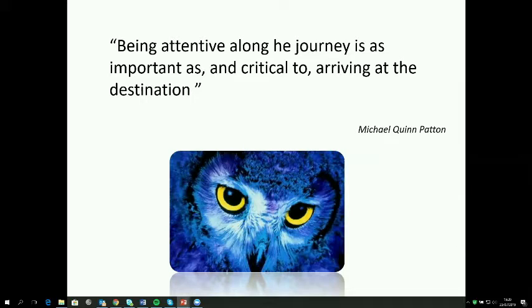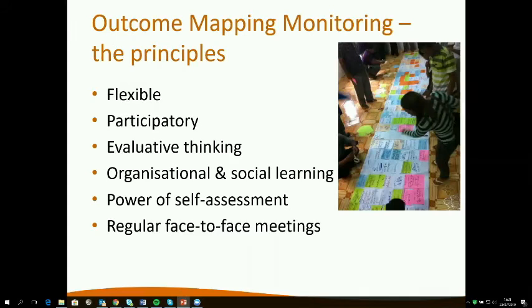Along the journey is as important and critical as arriving at the destination. It's going to help us understand how we're getting to where we want to be, or if where we want to be is shifting and changing as well. And in understanding that and capturing data that will help us understand that, we can make better choices of how to move forward as well.